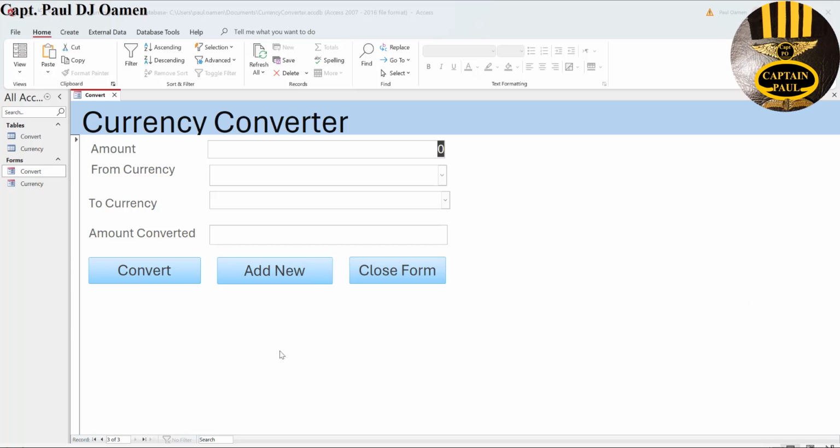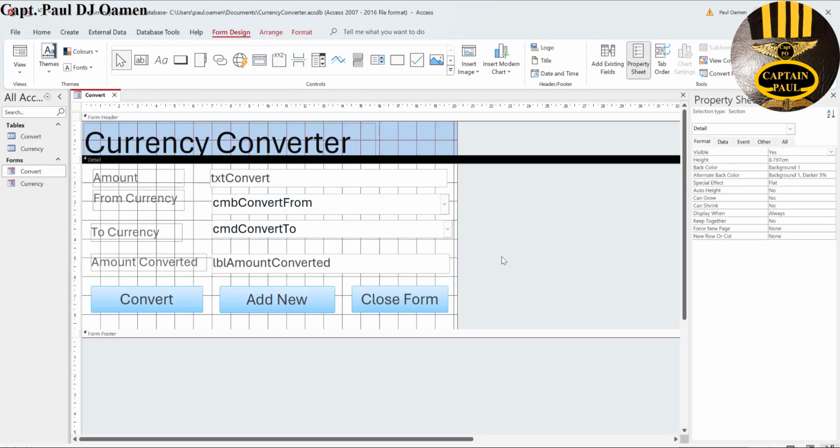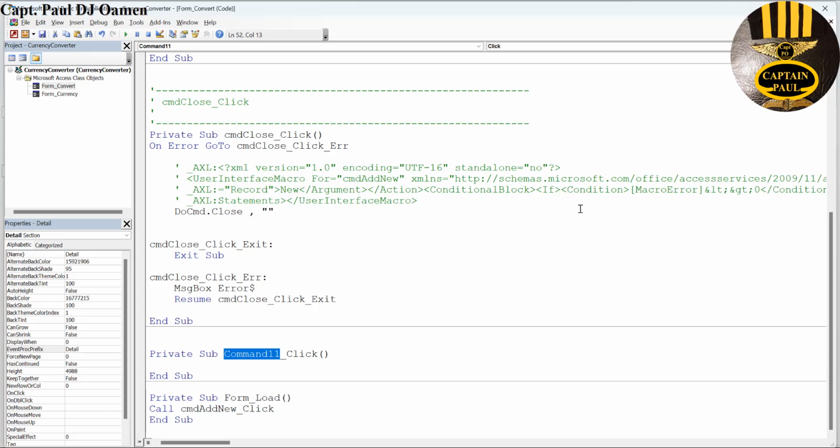So I am going to right click on this tab here and let's select design view. Now I want to go straight into the coding area because I intend to create a function. So let's click on view code. Look at it right here. Click on that. Okay, so what we want to do now is create a function,